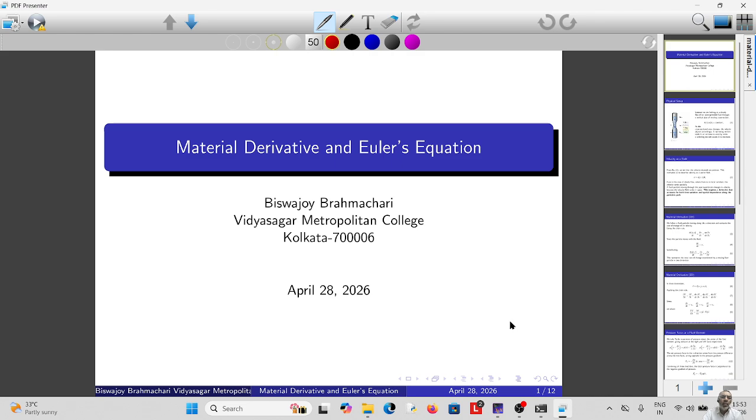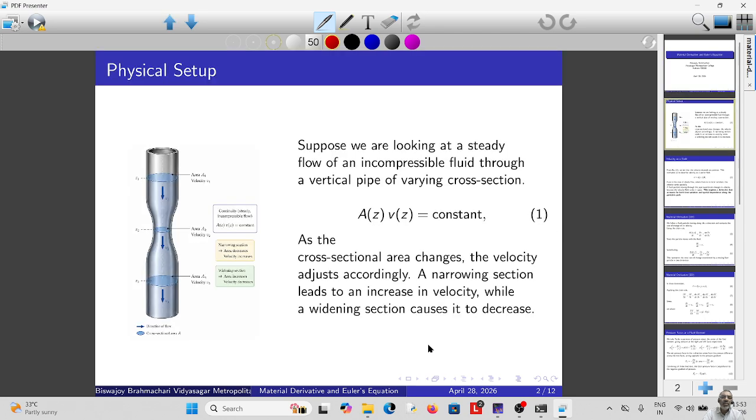So today we will discuss material derivative and how material derivative is used to formulate Euler's equation. To understand what is the material derivative, suppose we are looking at a steady flow of an incompressible fluid through a vertical pipe. So here is a vertical pipe,